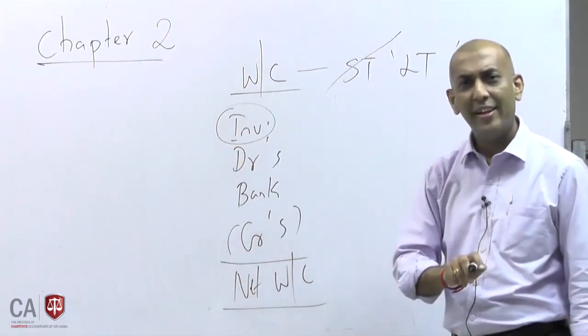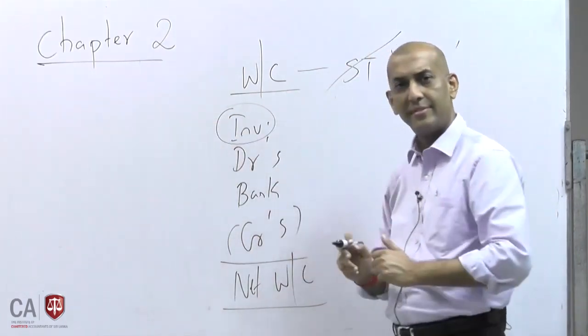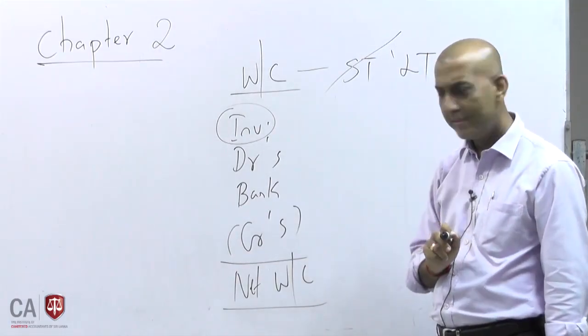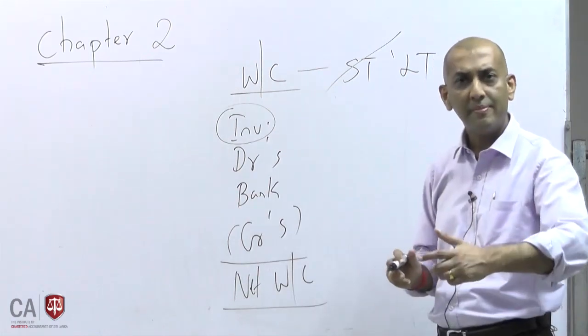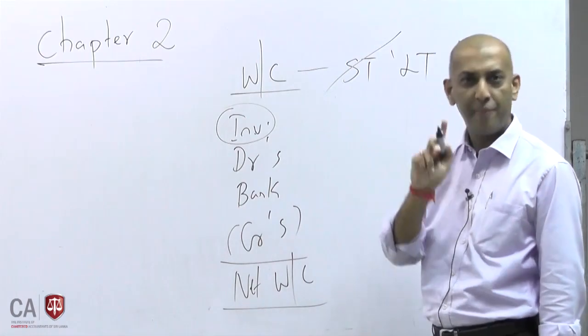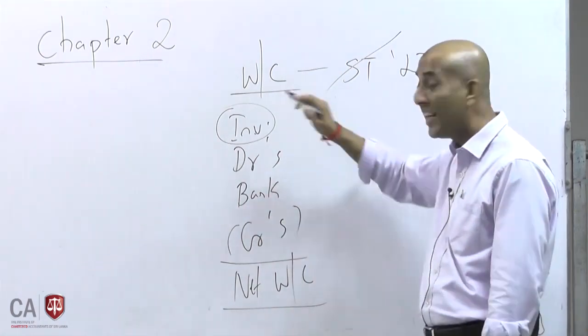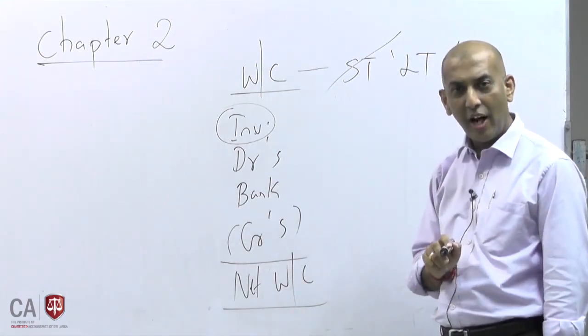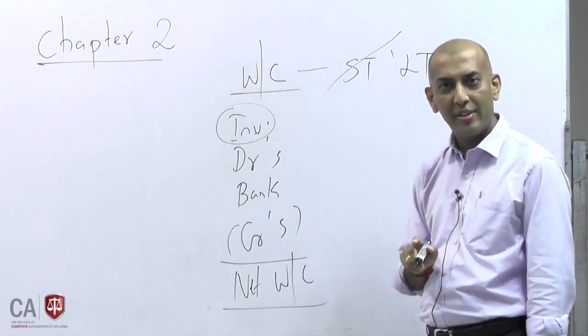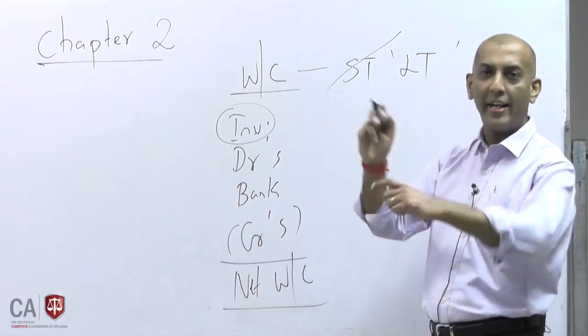Inventory. You have invested in inventory. This inventory, when do you recover? You will say 2 months time, 1 month time, 3 months time, I convert the inventory into cash. True, you are converting inventory to cash, but are you reinvesting? Yeah, I am repurchasing the goods. Again I buy, again I sell.